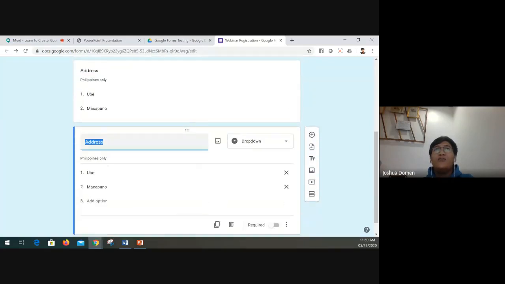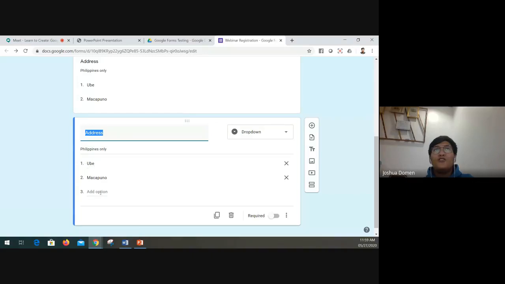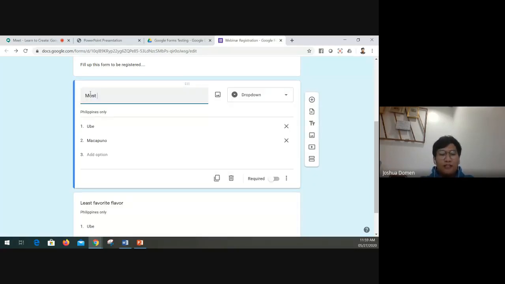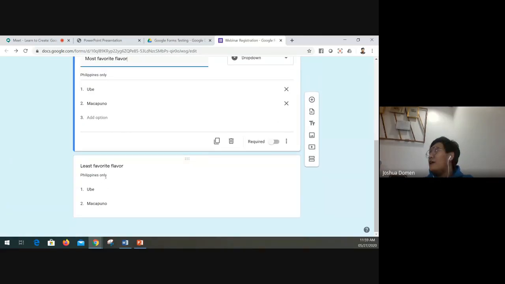Kinokopya na po kung anong options nyo, kinokopya ang question and description, and that's the time na pwede kayong maglagay ng another question nyo, but may pertain to, say for example, ito ang least favorite na flavor. Pwede din itong most favorite na flavor. So, as you can see, there is no need for you to copy each options because kinopya nyo na po